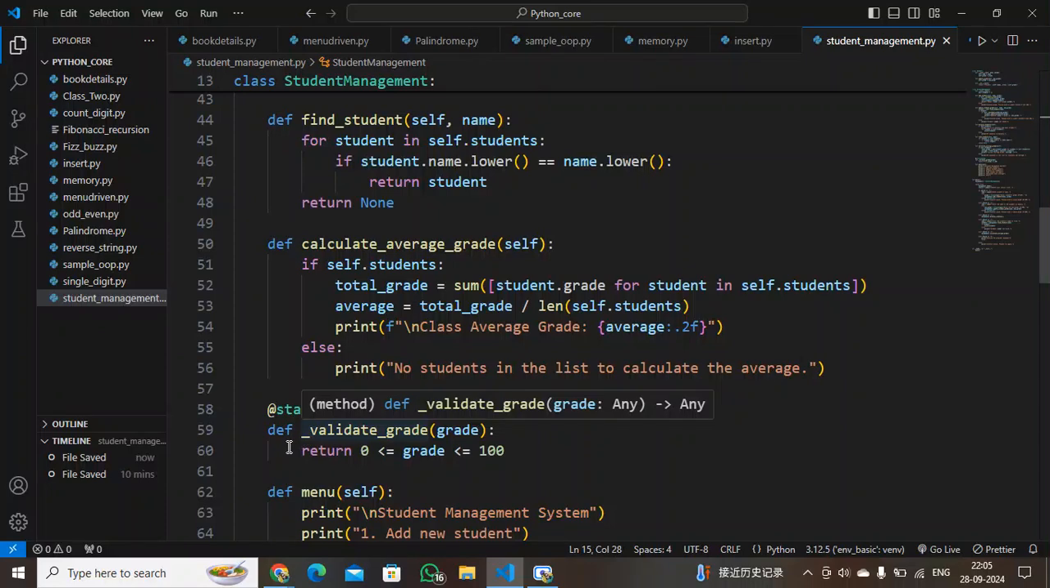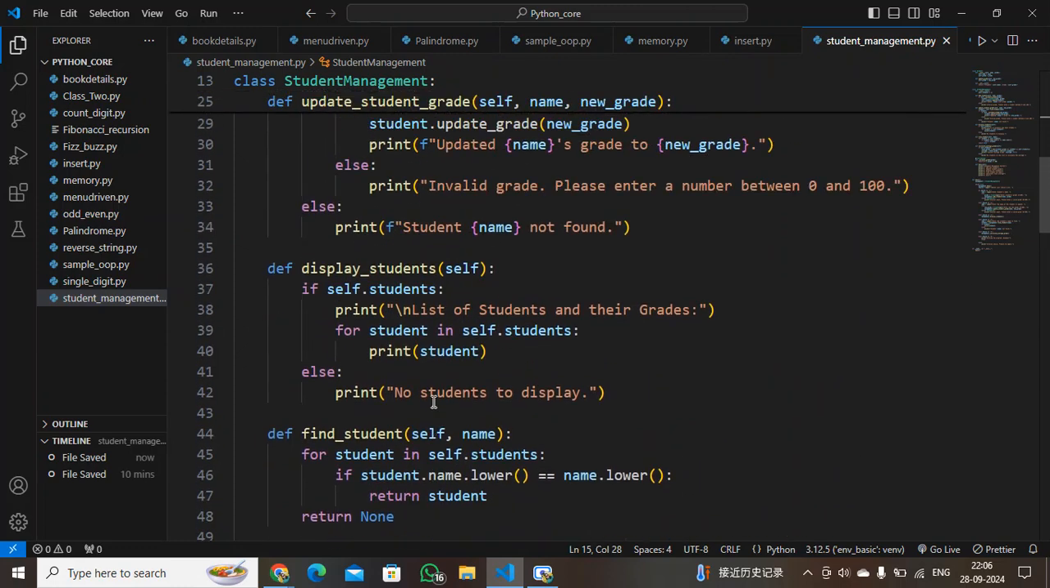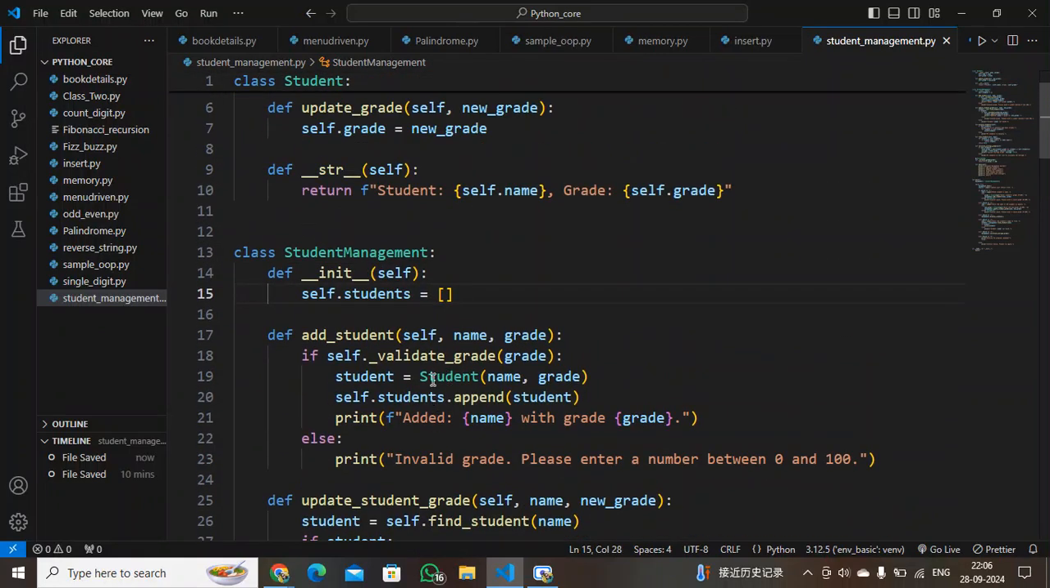Okay, so inside this method, whenever we start the name of a method with an underscore, it becomes a private method. It's checking whether the grade is between 0 and 100, that is, it's validating whether the grade which the user has given in float data type is between 0 and 100. Upon validating it, it's coming here, and if it's satisfied, then